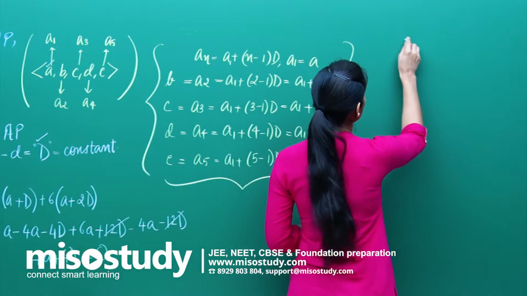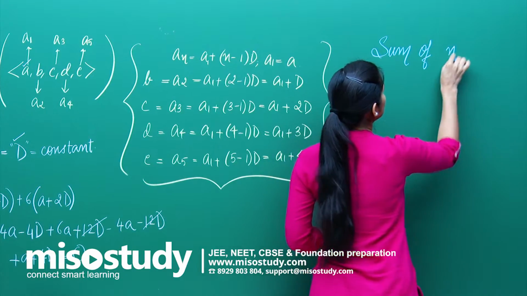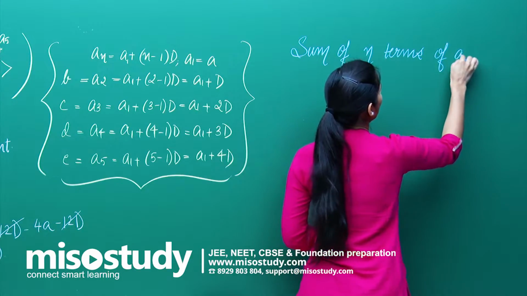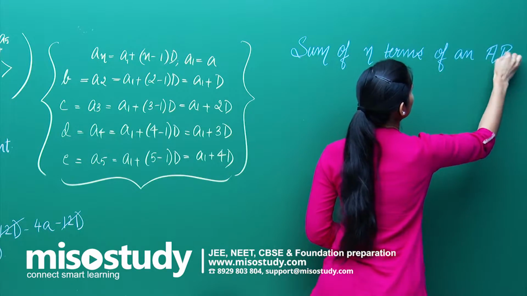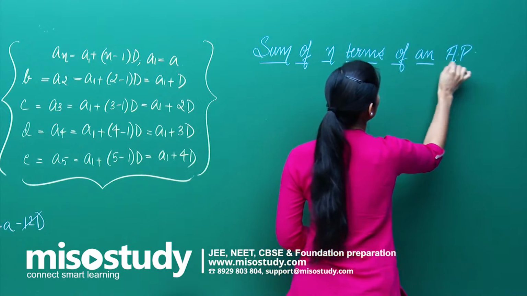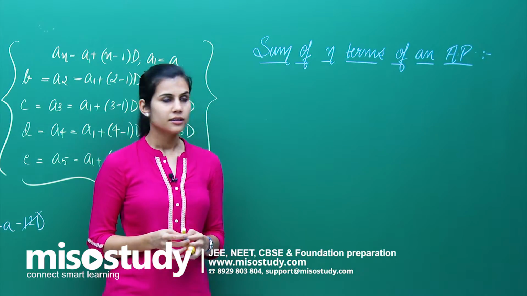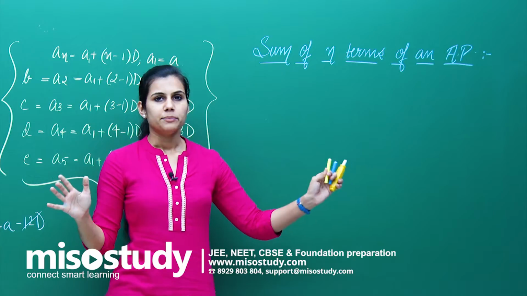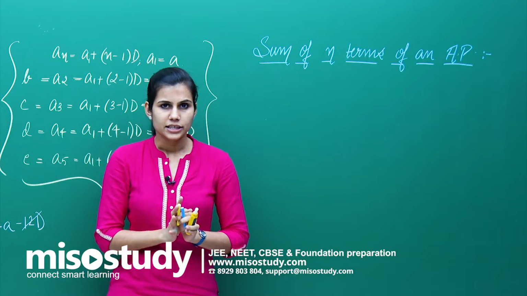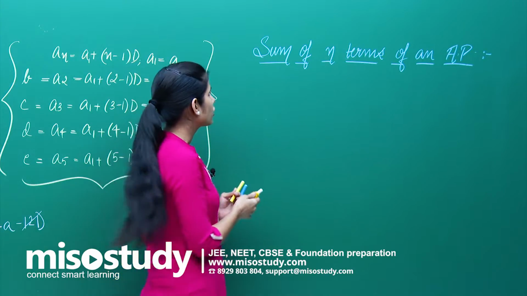So, if I talk about the sum of n terms of an AP, if you have an AP with the first term and the common difference, everything is specified. I am asking you, what is the sum of n terms of an AP? Therefore, the concept is